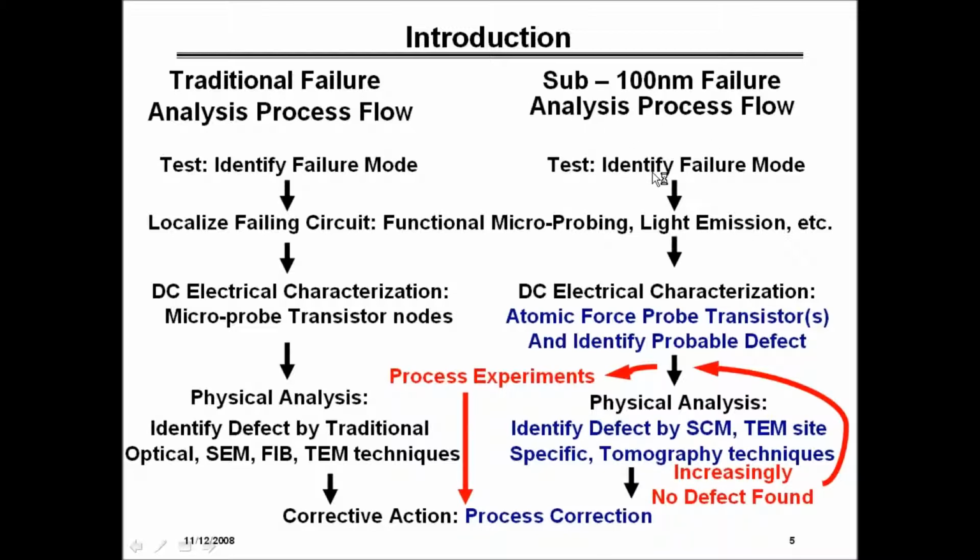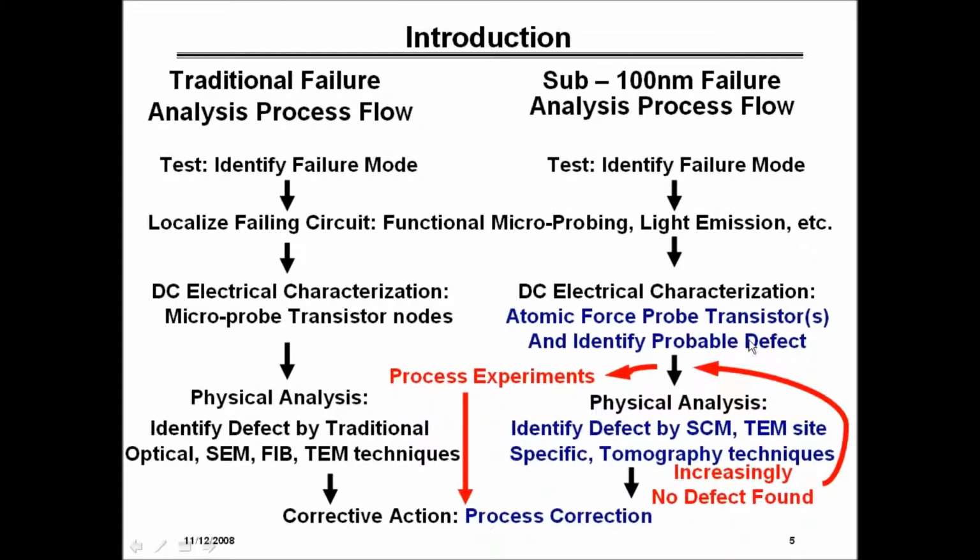However, for sub-100 nanometer technologies, the process flow has changed now. We still test and localize the failing circuit pretty much the same way, but when it comes to DC electrical characterization, the minimum feature lengths of the transistors are so small we can no longer get probe pads down to where we need to characterize the transistors. So that necessitated something different, and that's when nanoprobing came into existence a few years ago, which allows us to probe transistors at the contact level and identify failing transistors. And then with careful characterization, you can